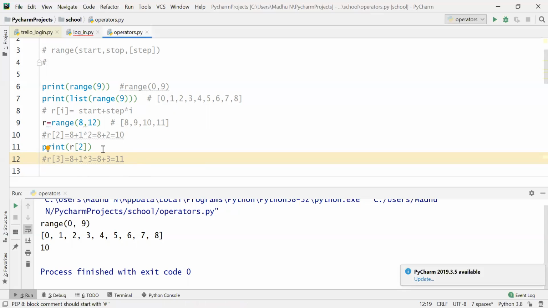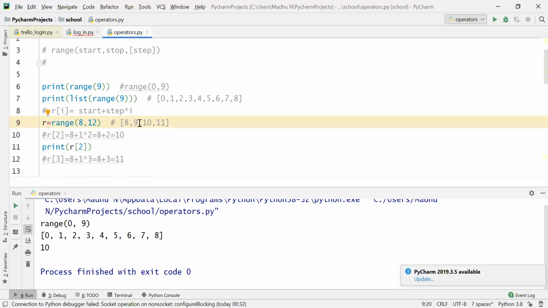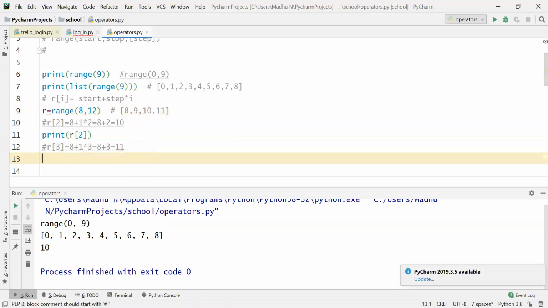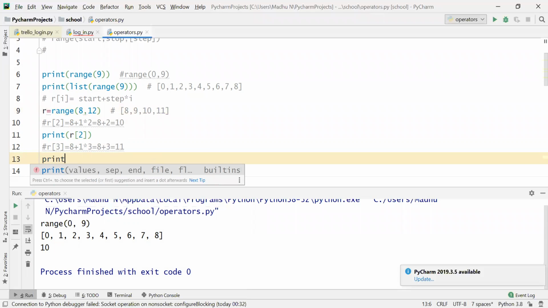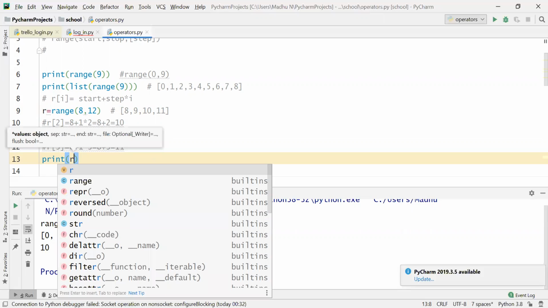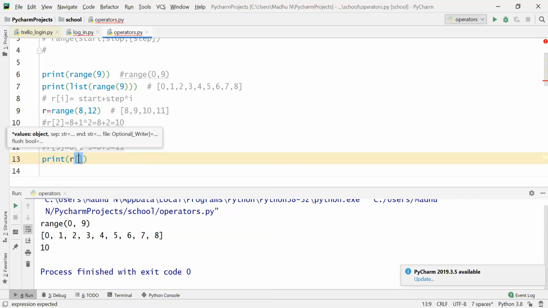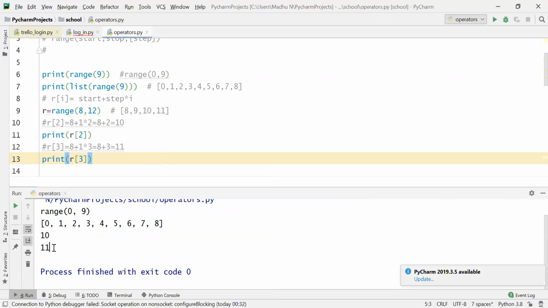Matching? See, this is R of 0, this is R of 1, R of 2, R of 3. R of 3 is 11. Correct? So in this way, range will work.